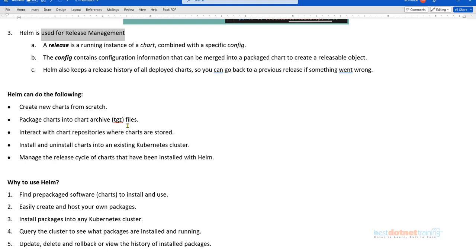But then your deployment will not be identified with a particular version. You have to keep track of your individual YAML files, and in case any YAML file has been modified, you have to apply it, isn't it? kubectl is intelligent enough to detect the changes between what is right now in the live cluster and what is desired, and it will make the current the same as the desired one. But if I want to do that at an application level and not at a single YAML level, Helm allows us to do that easily. So it basically simplifies the life of a Kubernetes developer and administrator, as simple as that.